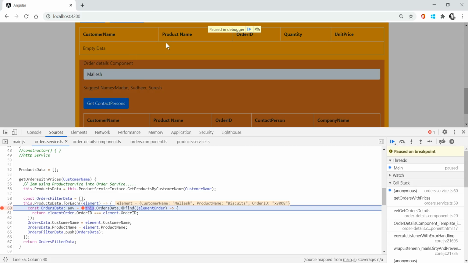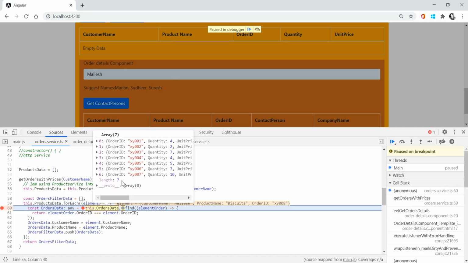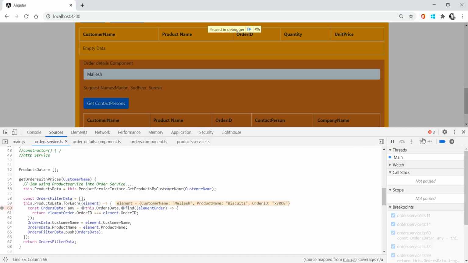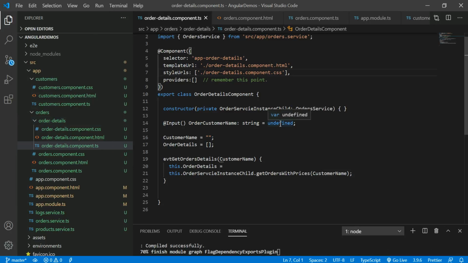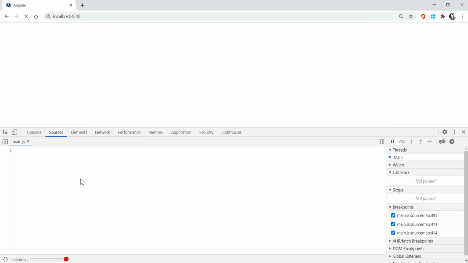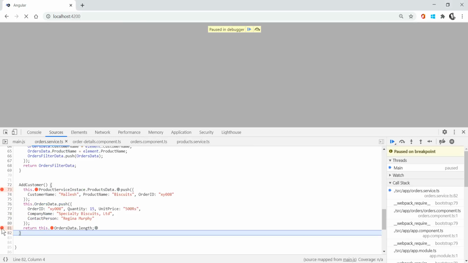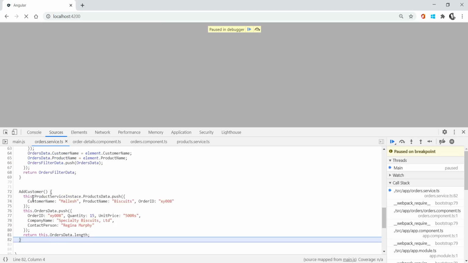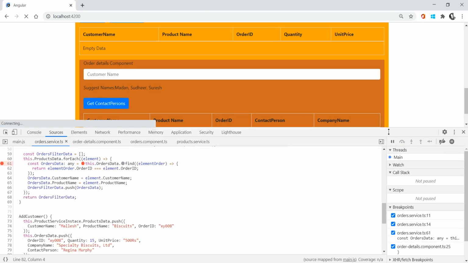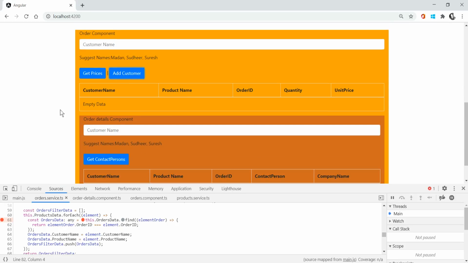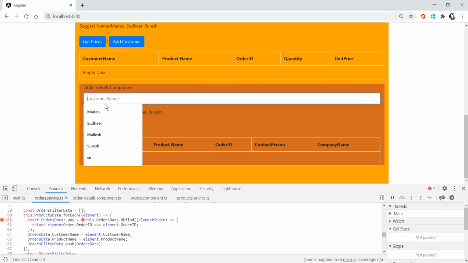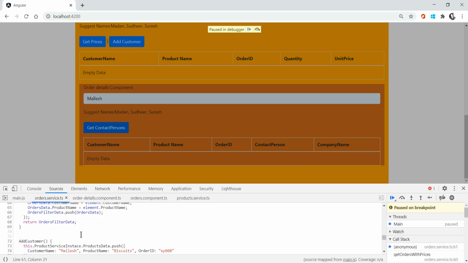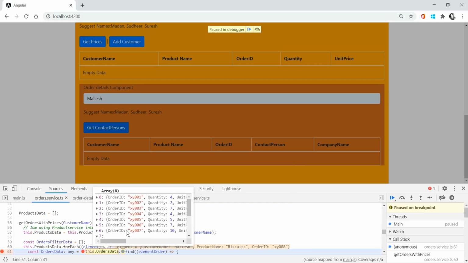Based on this Malesh related instance, that is different. Now I am not getting the Malesh related data. Now I am saving all. Now you see the output. Add. Once you add, you can get the console. Once you get the console, see the data right now. Now I am having the Malesh data.